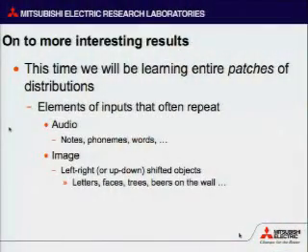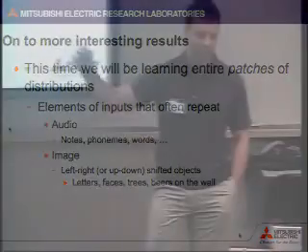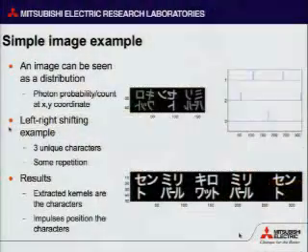Like I said, we're going to learn patches of distributions. That's useful in audio because we have things that often repeat in time as entire segments, as little snippets of sounds. Same thing for images. If you have things that shift left and right, like characters, it also works well. So here's a more pictorial example. When you have an image, you can always think of it as a distribution as well. You have the probability that a photon hits a particular XY spot, right?